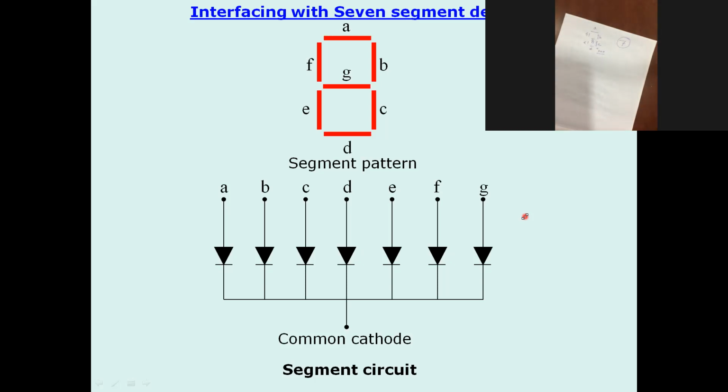Is it clear? This LED, this 7 segment available in the market, has 2 different modes. One mode is called common cathode mode and another is called common anode mode. In one mode, you give positive over here and negative over here, and the LED will glow. The other is just the reverse.